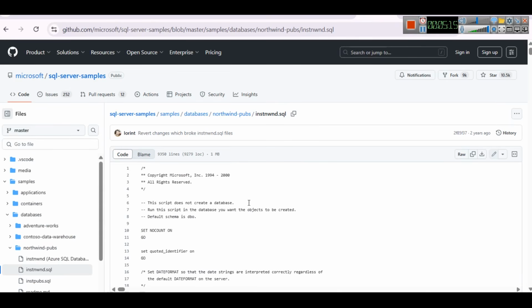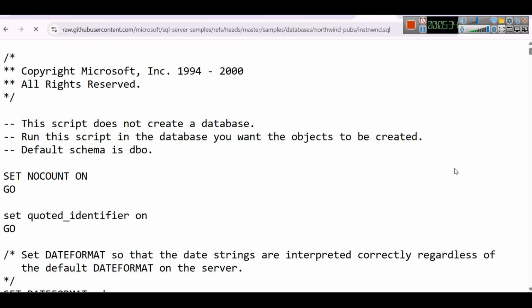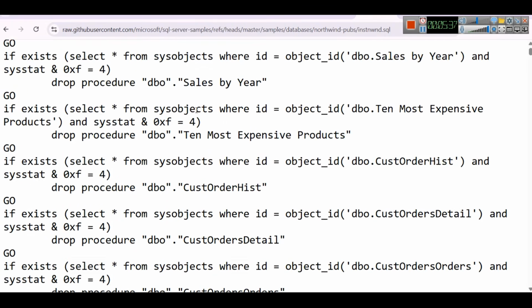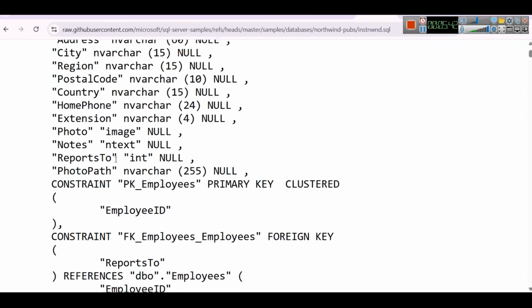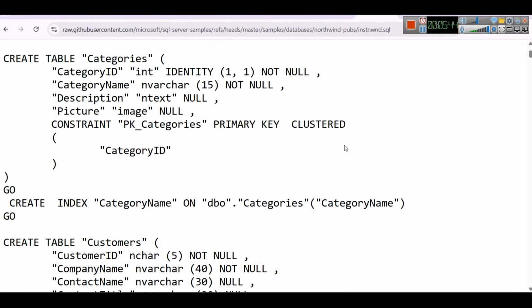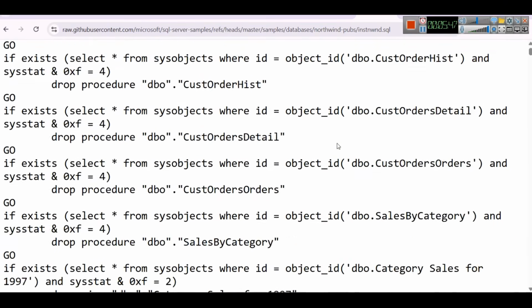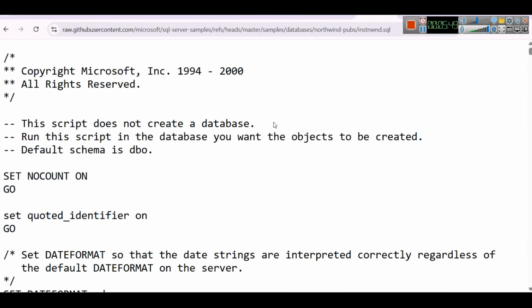So for example, this is a GitHub repository created by some user, Microsoft SQL Server samples, and here you have installed win.sql. From here you can see the raw SQL data. This is going to create the database for you, like create table employees, create table categories, and so on. I will provide this URL to you. All you have to do is